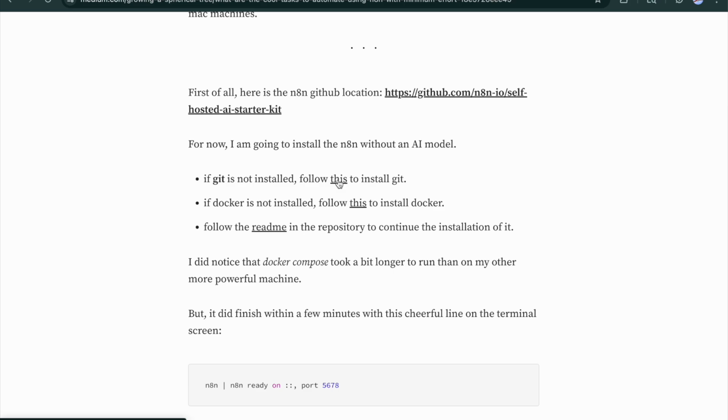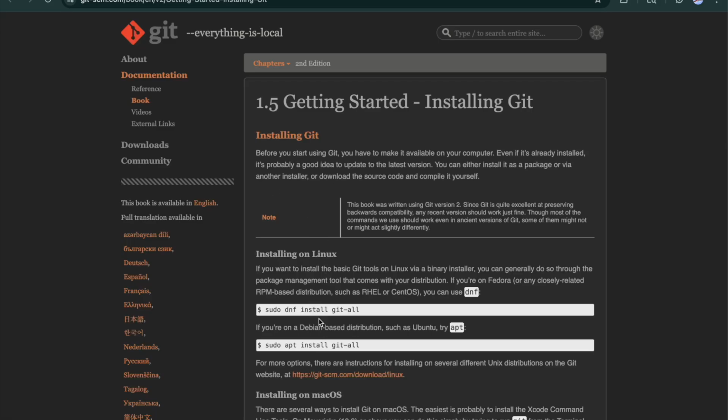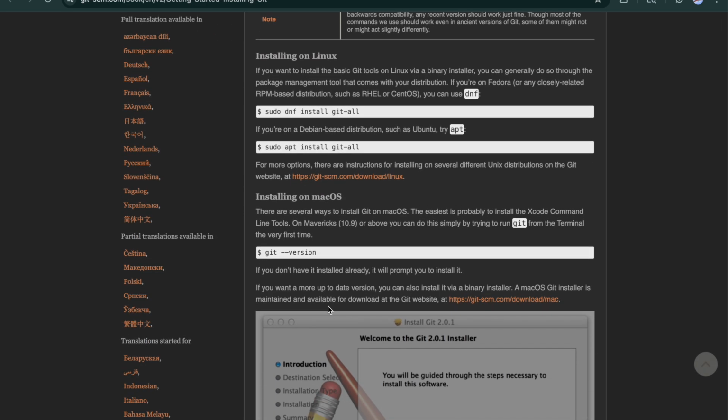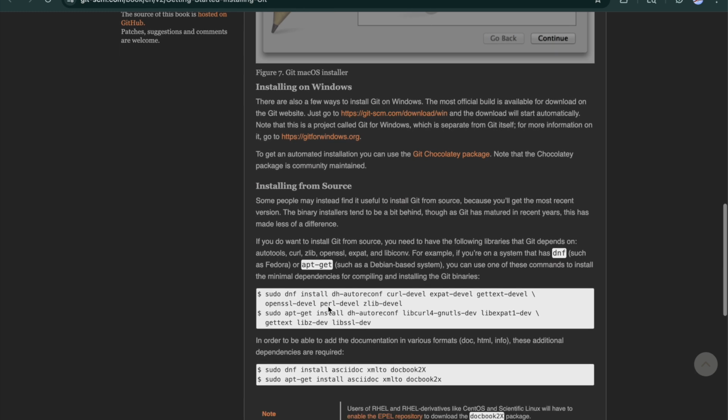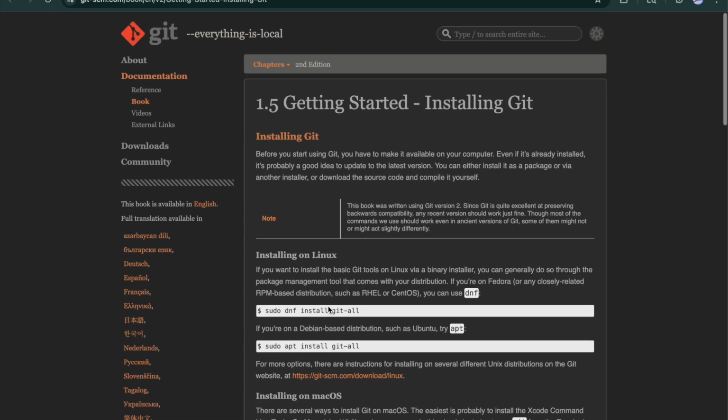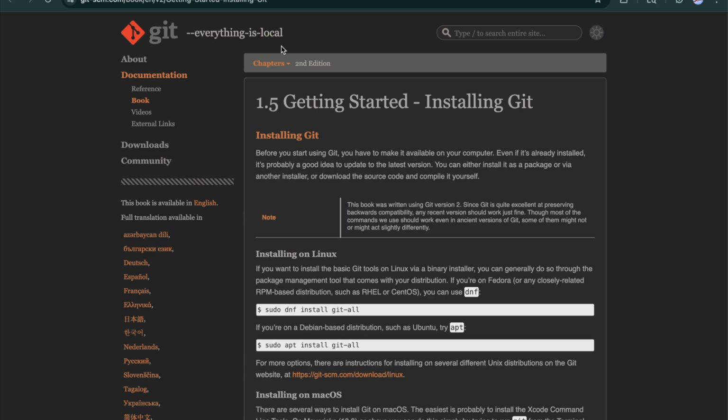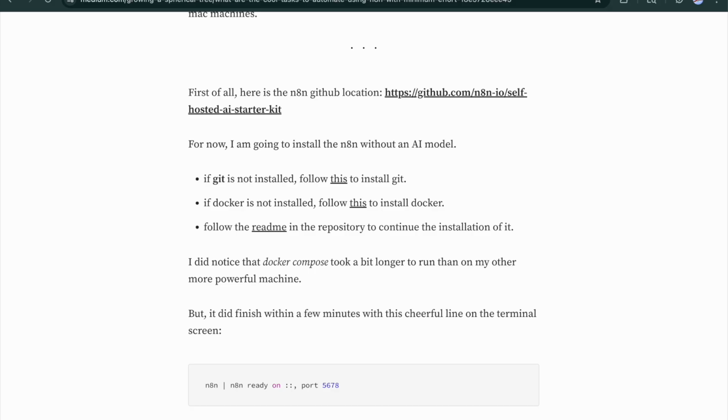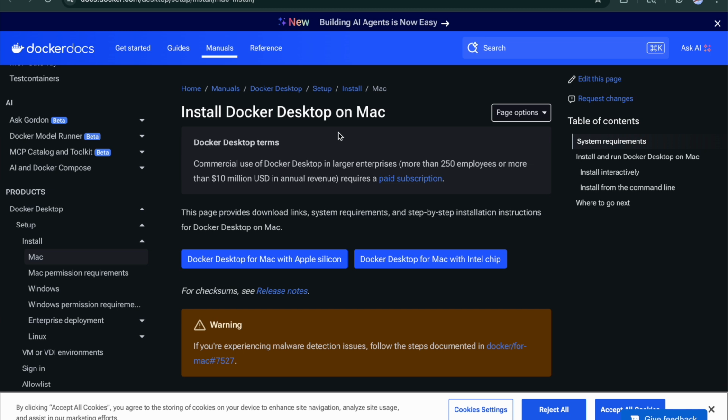To install that, you may have to install brew, I believe. The link here is how to install Git. I basically just followed the instructions here for the machine I have. So after Git is installed, you will